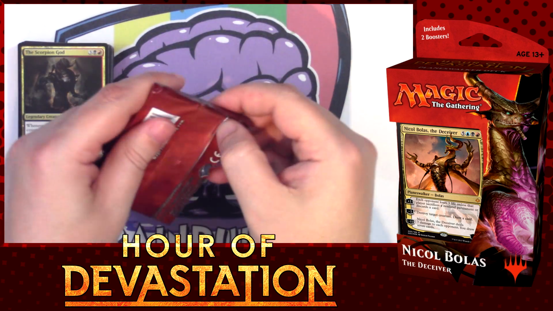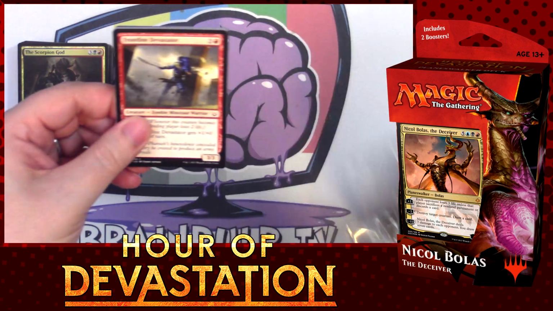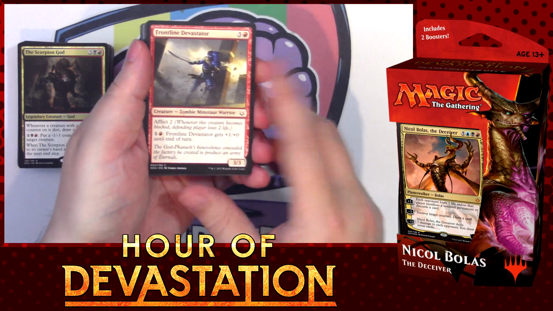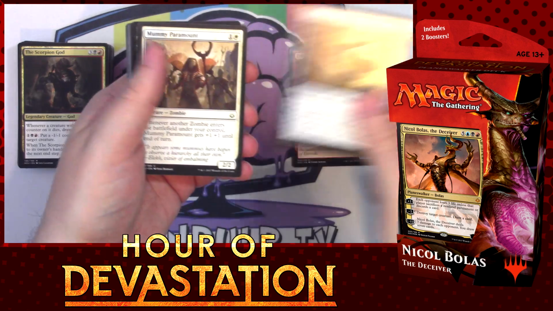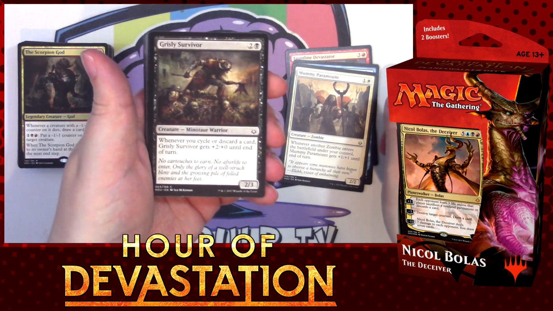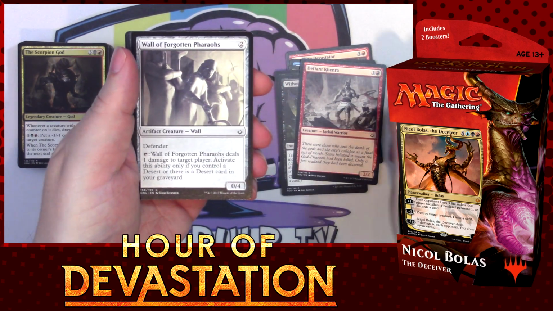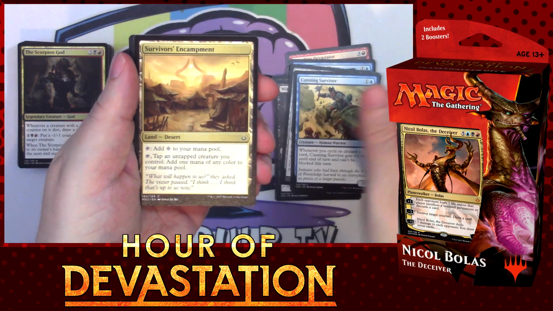Okay, moving right along to our last pack from these Planeswalker decks. In the past, I've opened up some pretty impressive cards in these Planeswalker decks, so I'm not holding my breath because I think I've used up all my luck in the previous Planeswalker deck openings that I've done, the ones from Amonkhet. We have Frontline Devastator, Unquenchable Thirst, a card I quite like to play in my pre-release, Mummy Paramount, Grizzly Survivor, Without Weakness, Defiant Khenra, Wall of Forgotten Pharaohs, Cunning Survivor, Survivor's Encampment,